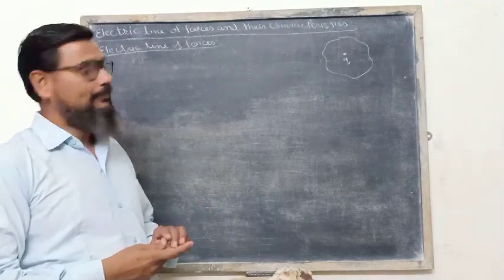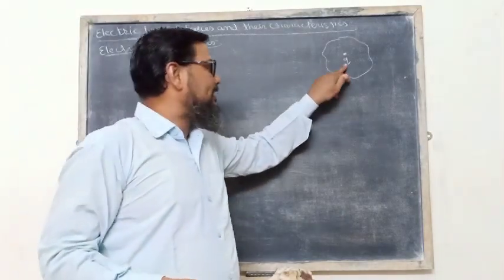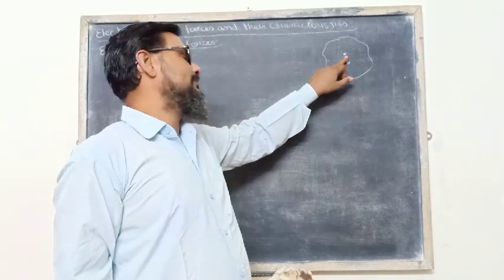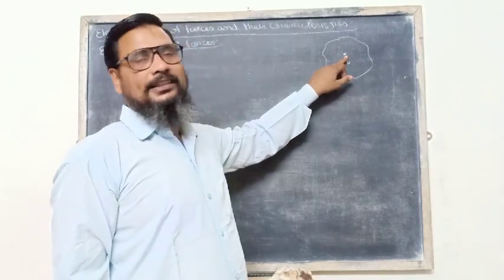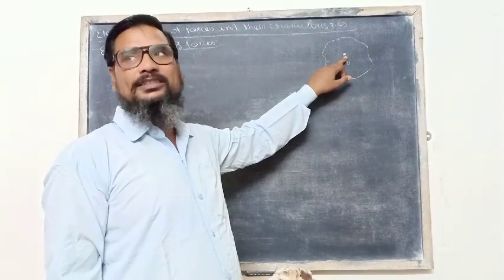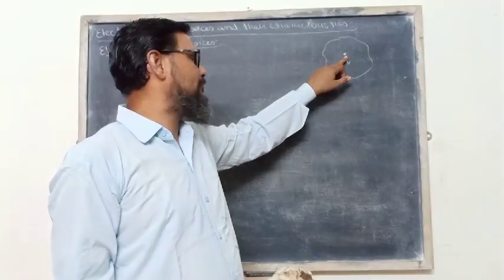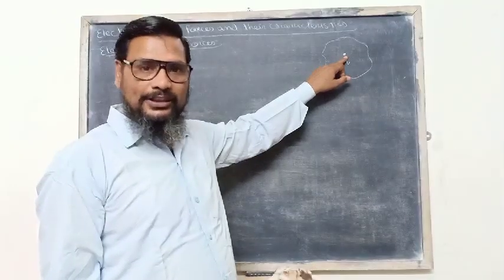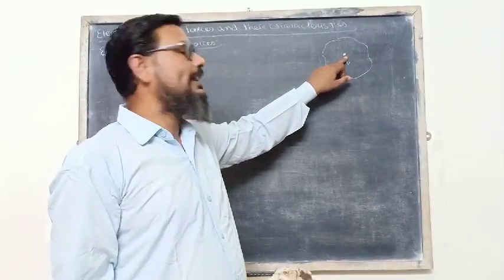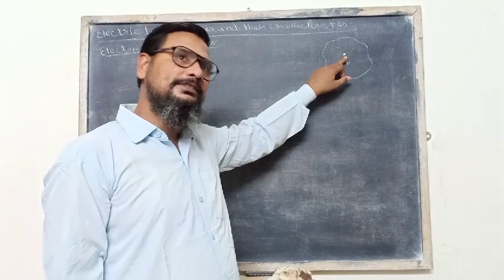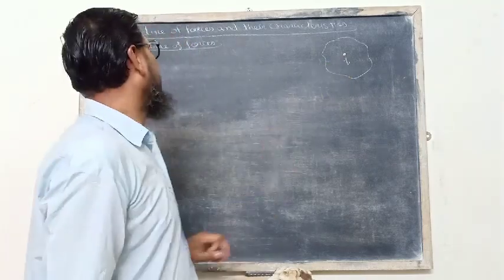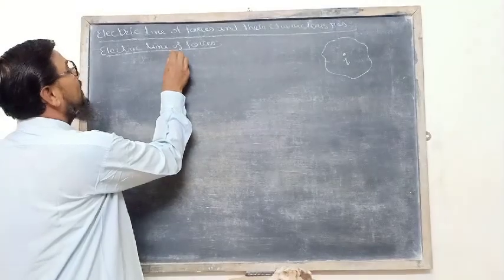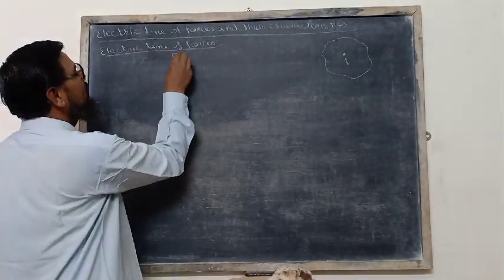Again I am repeating, when a charged particle is placed in an electric field, it experiences electrostatic force, and due to this force the charged particle starts its motion following a certain path. That path is called electric lines of force. So electric lines of force are the imaginary path